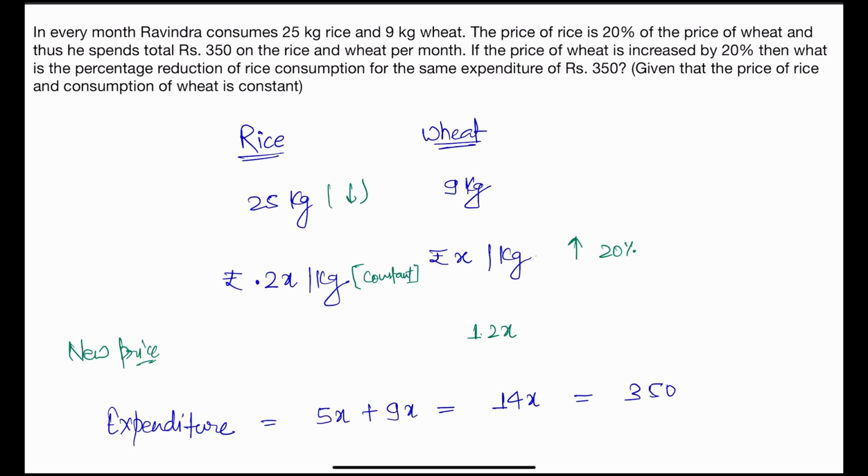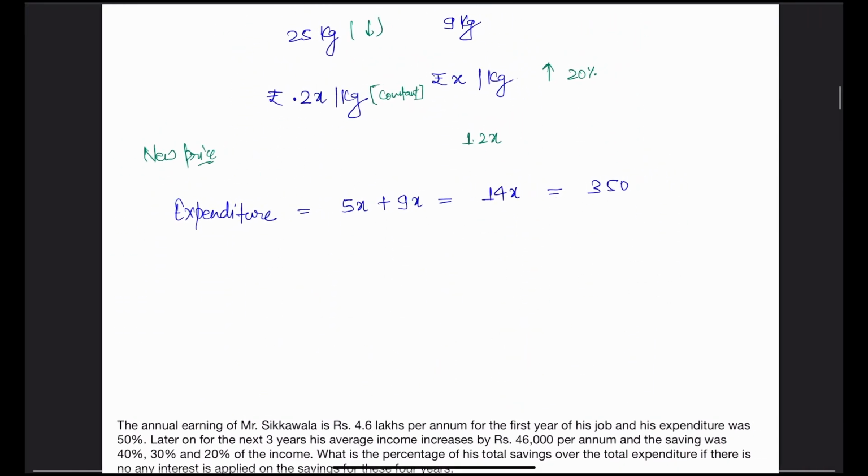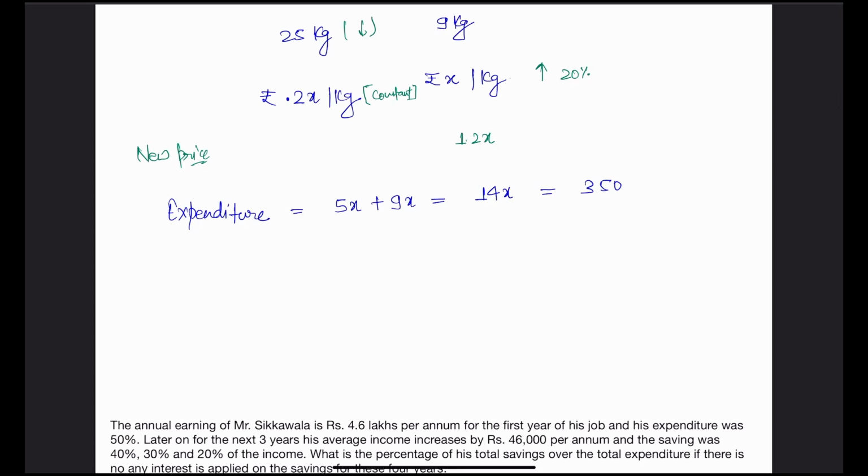Okay. Consumption of the wheat is also constant. It is written that consumption of wheat is constant and the same expenditure 350. So it's again easy. Let's find out the new expenditure. The new expense will be how much? New expense will be 1.2 into 9, 10.8x plus